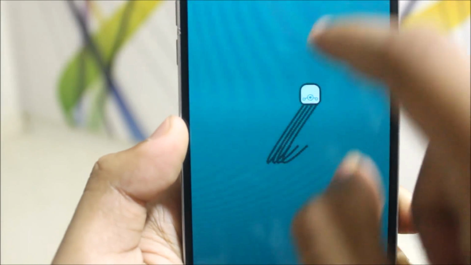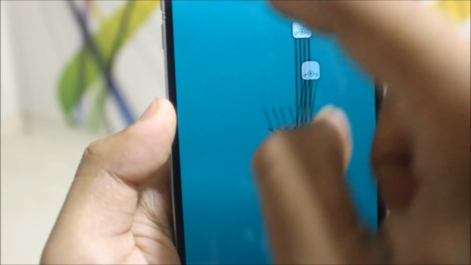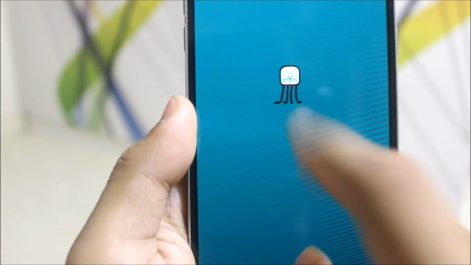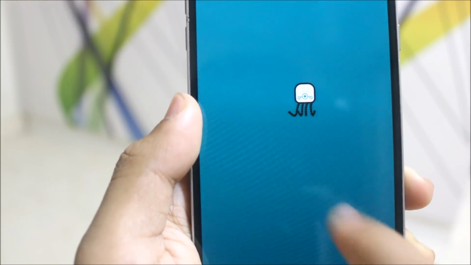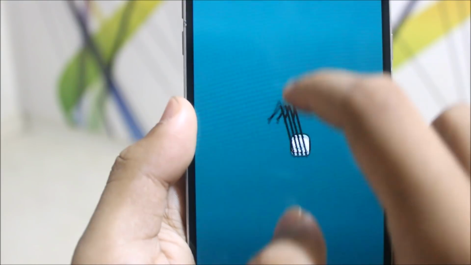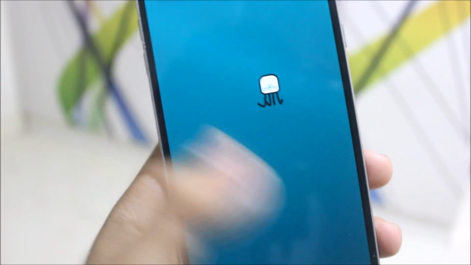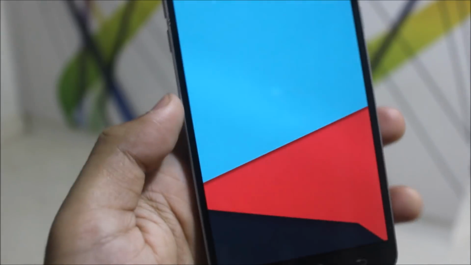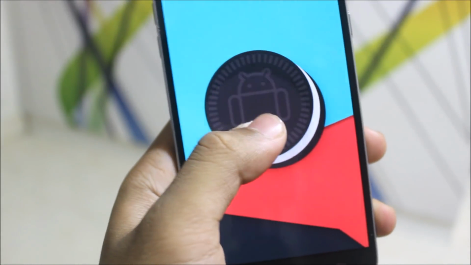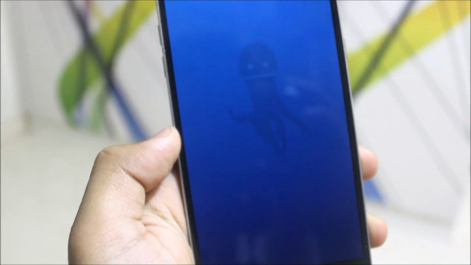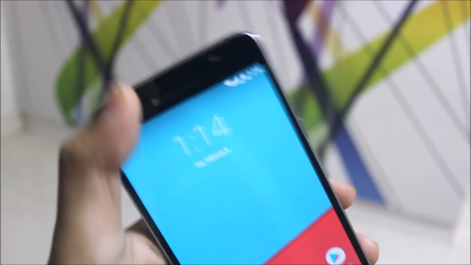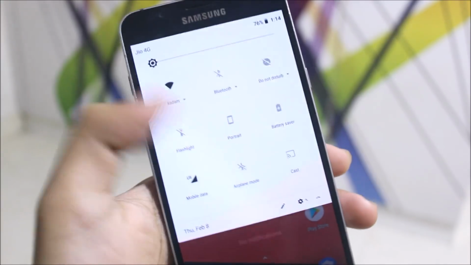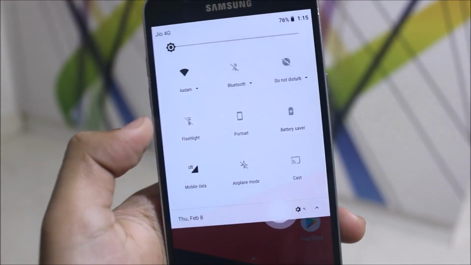You can see it's the same as the Oreo one, and this looks nice actually, the logo inside and these minimal lines, so this one looks nicer than the bigger one that we have on the Oreo Easter egg. So you can see Android version 8.1 Oreo. This is the Oreo biscuit with Android on it. This is the octopus. Now the quick settings, same as Oreo, it's pure Oreo,